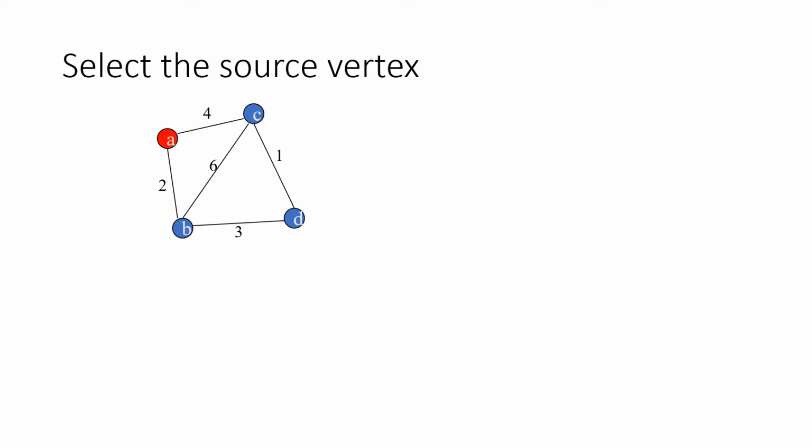So just to differentiate between the other vertices and the tree vertices, we have filled it with red color. So all the vertices that are filled with red color indicate that they belong to the tree vertices. Why do we say it as a tree vertex? Because we are constructing a minimum spanning tree. So as per the algorithm, once a vertex is included in the tree vertices, from that vertex, we are to find the vertices that are reachable with minimum cost.